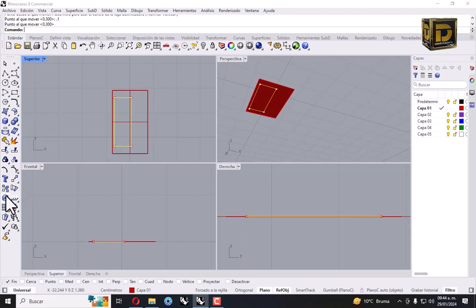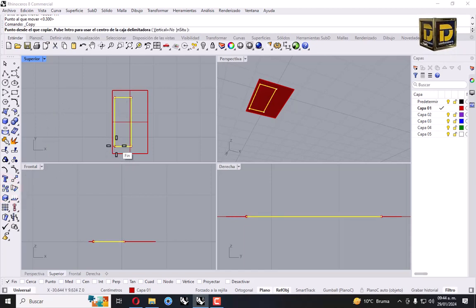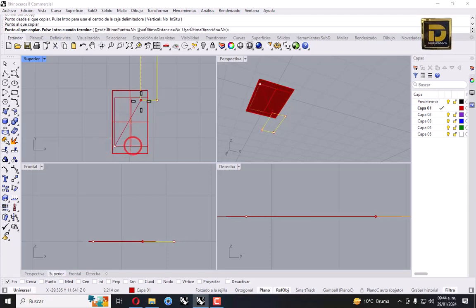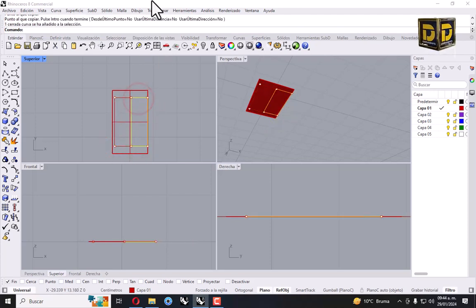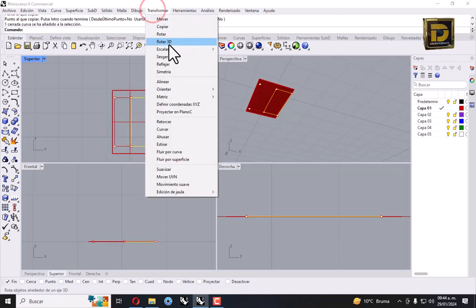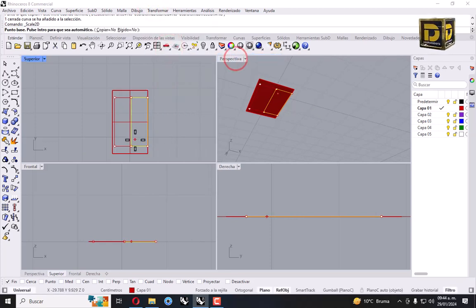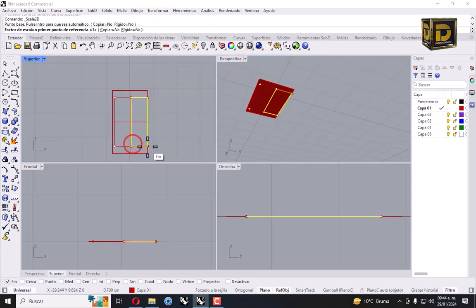We're going to copy this curve from this point to this point, select, go to transform scale 1D, first point, second point, and point 2.